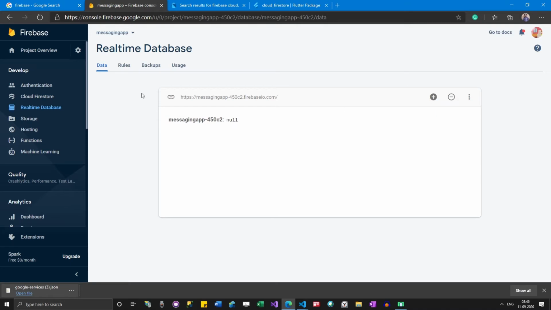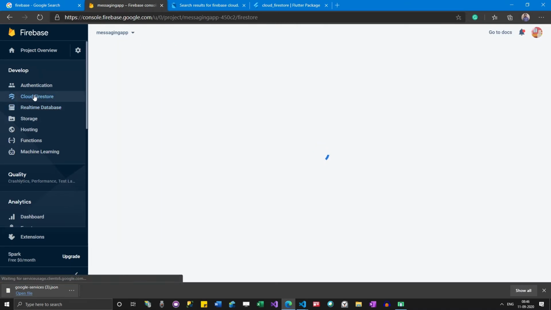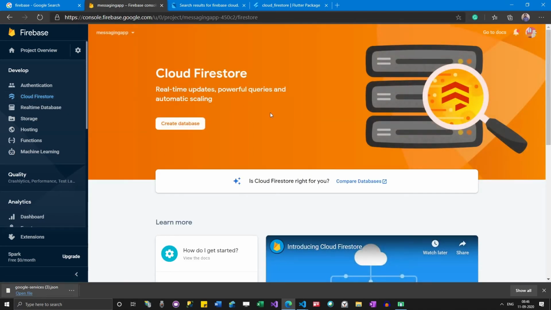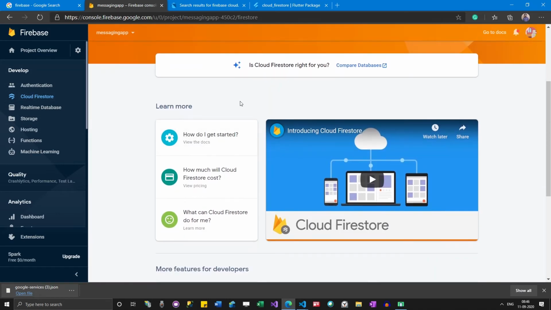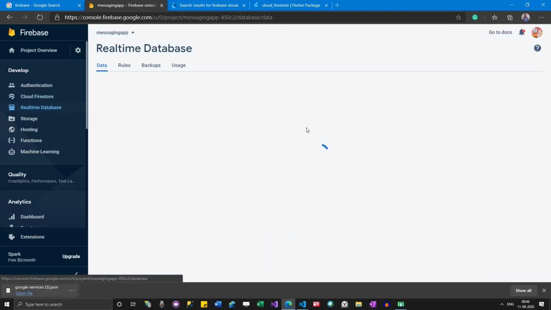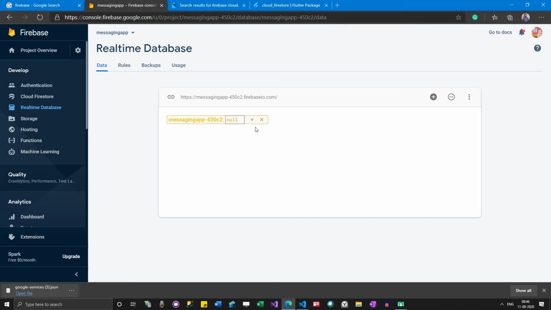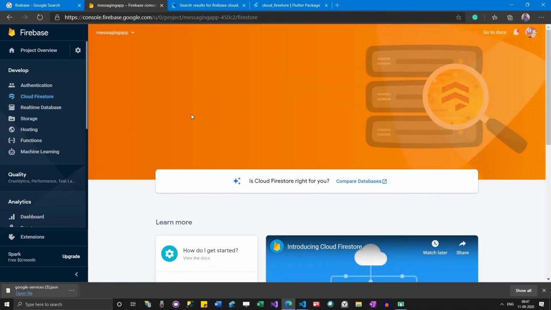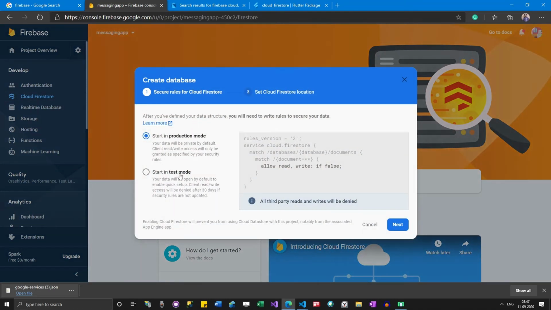Okay, I don't want to go here. I want to check this one. Okay, so for some reason, even though the initial screen says that it is a Cloud Firestore database, it didn't create that. It has created a database here. I don't want to use this option because when I tried this out, it doesn't work as expected. So I can just go to Cloud Firestore and then just create a database.